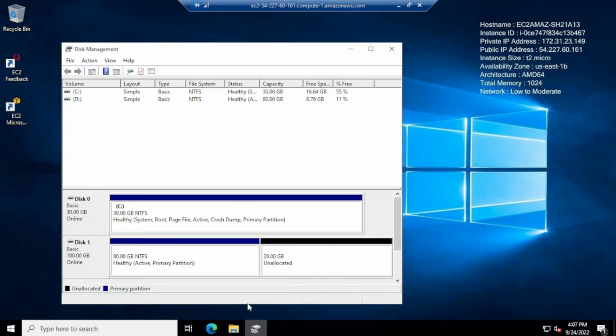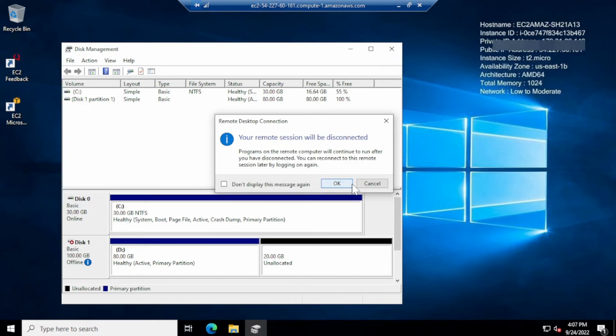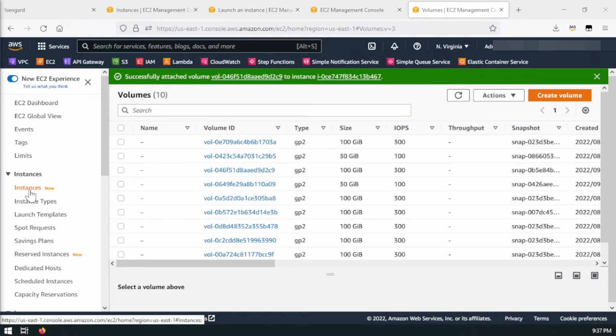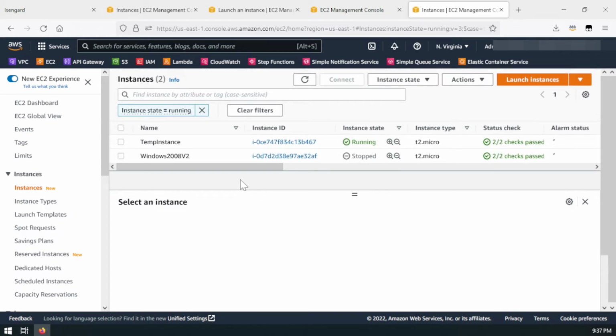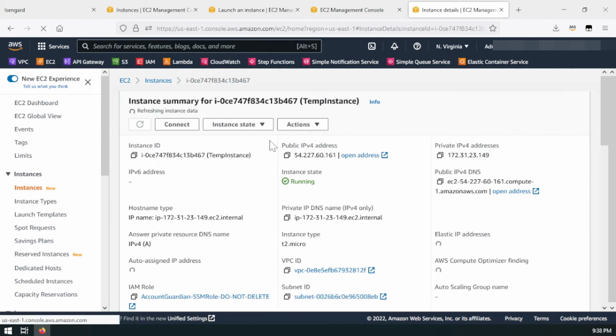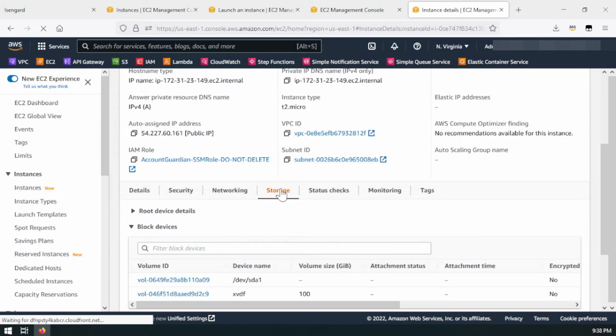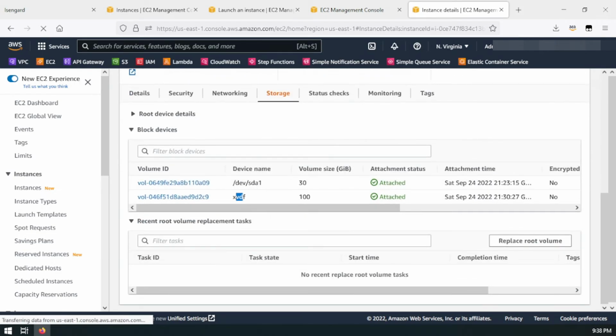Okay, you don't need that instance and you can put that offline as well. You can close it. We don't need now temporary instance. Okay, I will go back to my EC2 instance section. So I have two instances here. One is running, the second is in a stop state. So now I need to detach volume from this temporary instance and I will attach back to my Windows 2008 V2. So we'll go in my temporary instance storage section